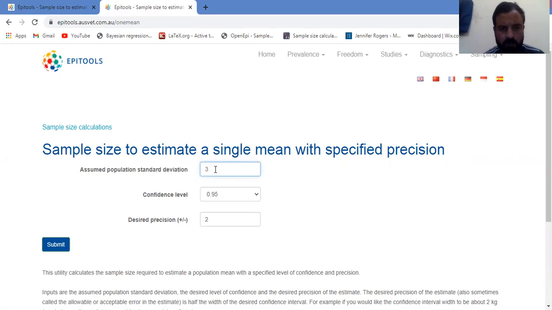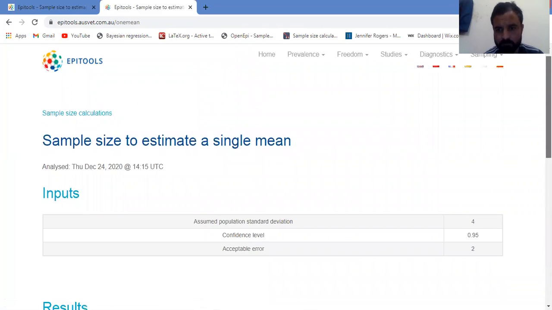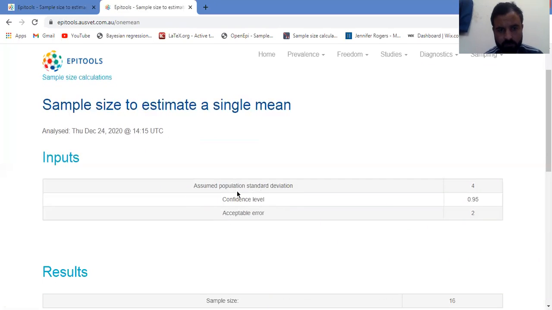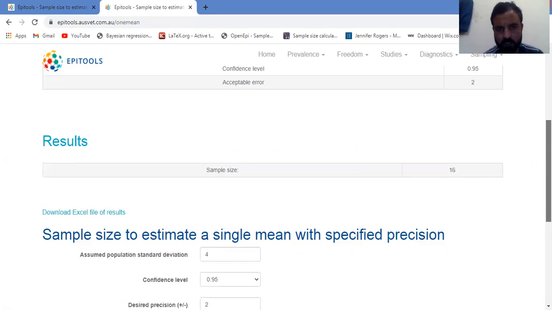Here in our case the population standard deviation is 4, and we take confidence level as 0.95, and the desired precision is taken as 2, and we see the required sample size for this study. These are our inputs, and the result is a sample size of 16 for this study.